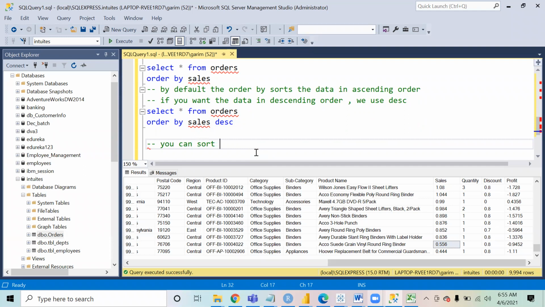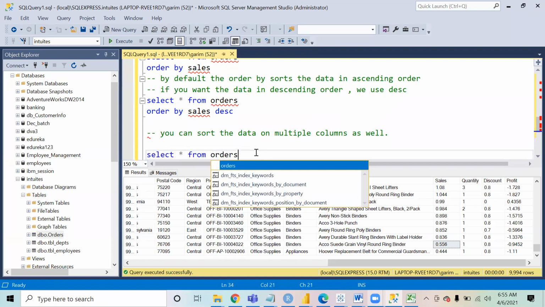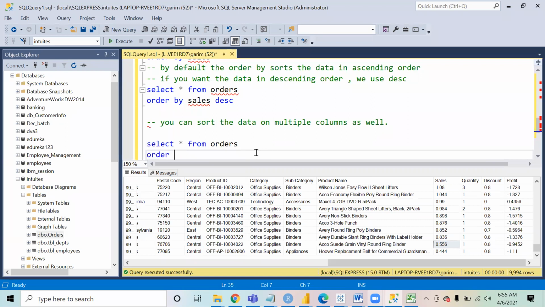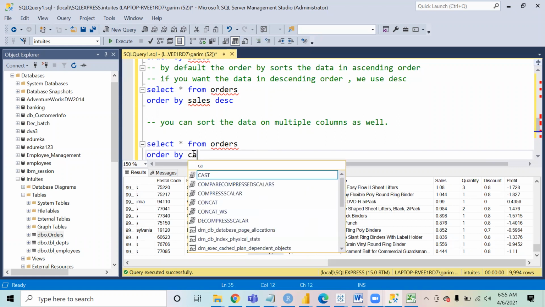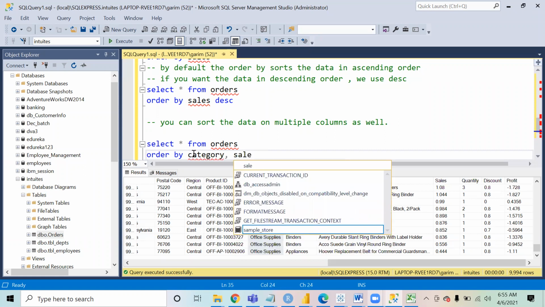You can sort the data on multiple columns as well. For example, if I say select star from orders order by category, I want the data sorted by category, and within category, the data should be sorted by sales.